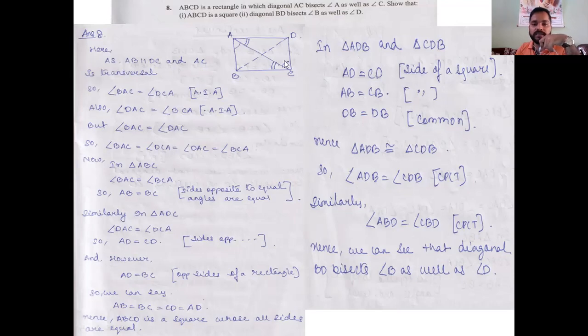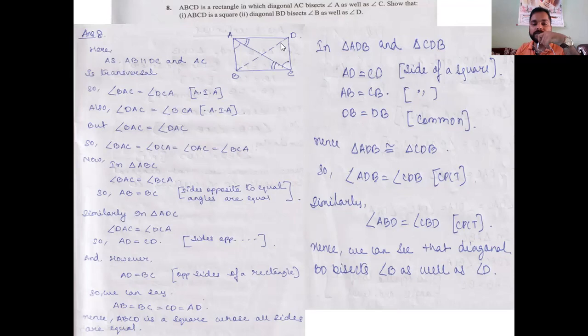Now a question may arise in your mind that just now I told that to show a quadrilateral as a square, first of all all the sides must be equal and each angle must be 90 degrees. But here I didn't prove that each internal angle is 90 degrees. Why? Because in the question it is given ABCD is a rectangle. Then obviously each angle is 90 degrees. So it is not required to prove it. Clear?